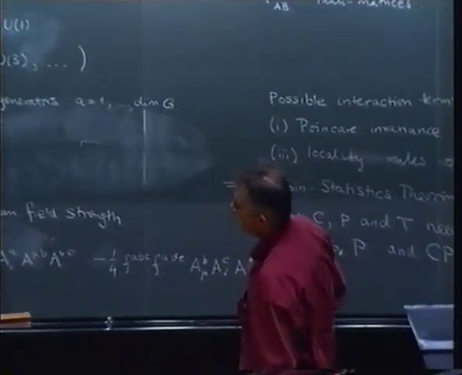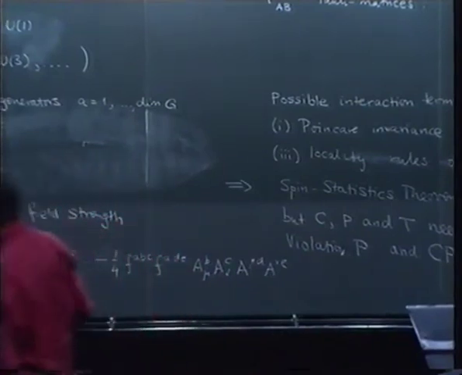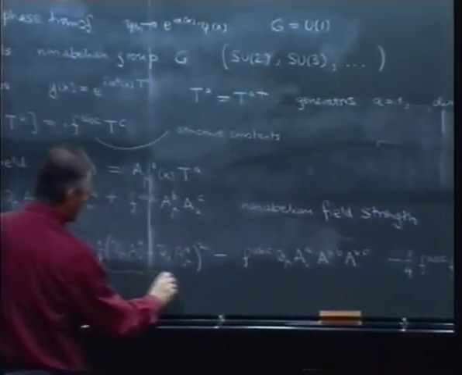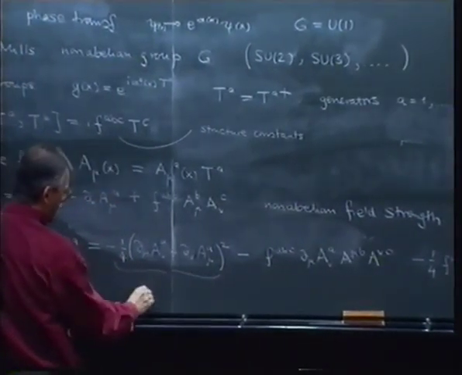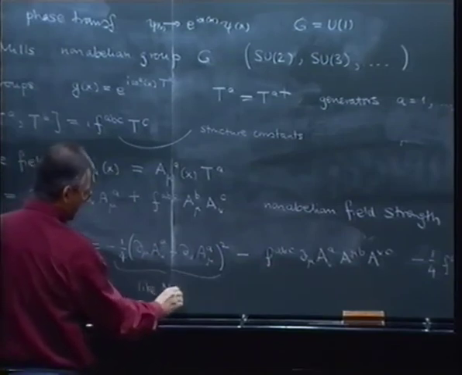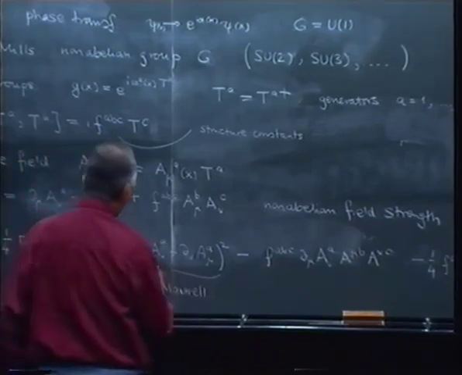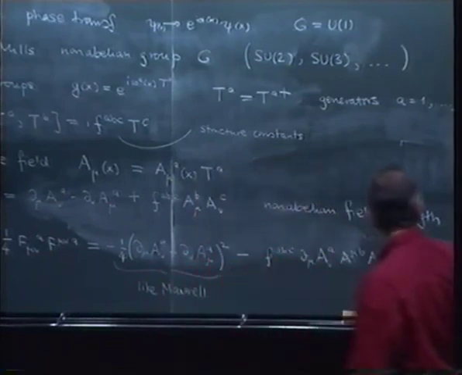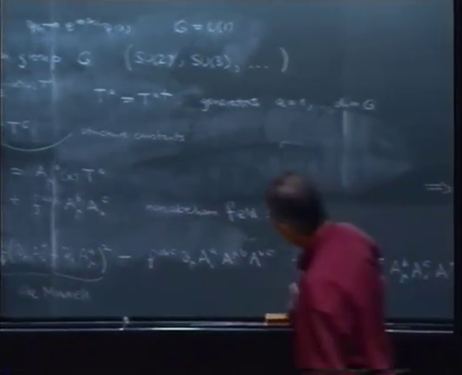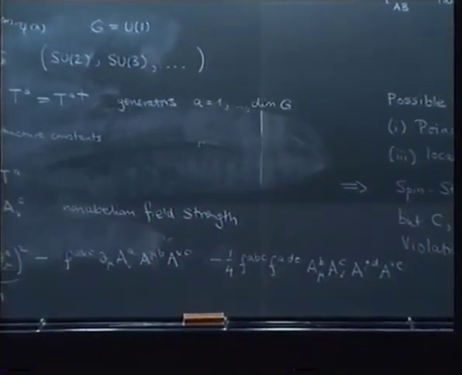So this is like the Lagrangian of Maxwell theory, like Maxwell, a photon. But now the symmetry has forced us to introduce these extra couplings. And what is this? This is a coupling of